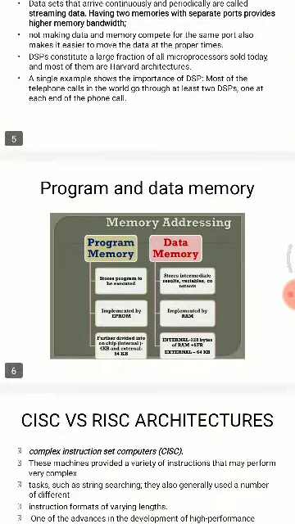So what is meant by program memory and data memory? The program memory stores the instructions to be executed, and it is implemented by EPROM; the internal instruction memory is 4 KB and the external memory is 64 KB. The data memory stores intermediate results, variables and constants, and is implemented by RAM: the internal 128 bytes of RAM and the special function registers, and 64 KB of external RAM.